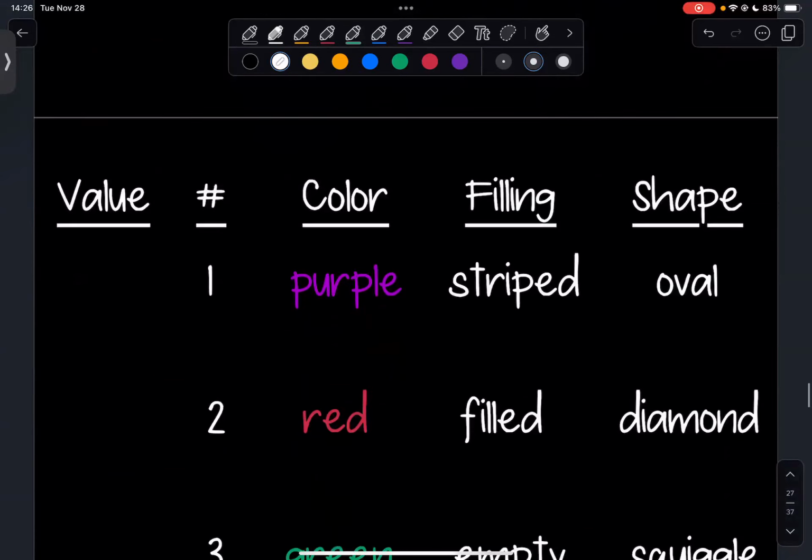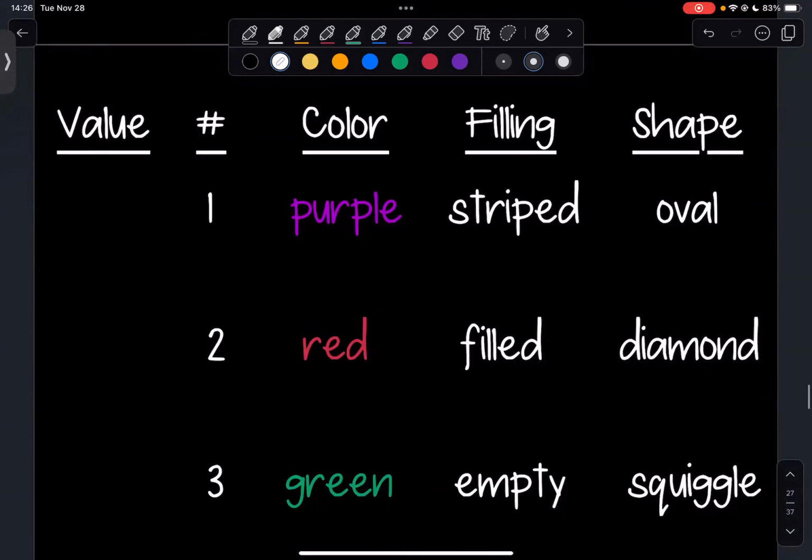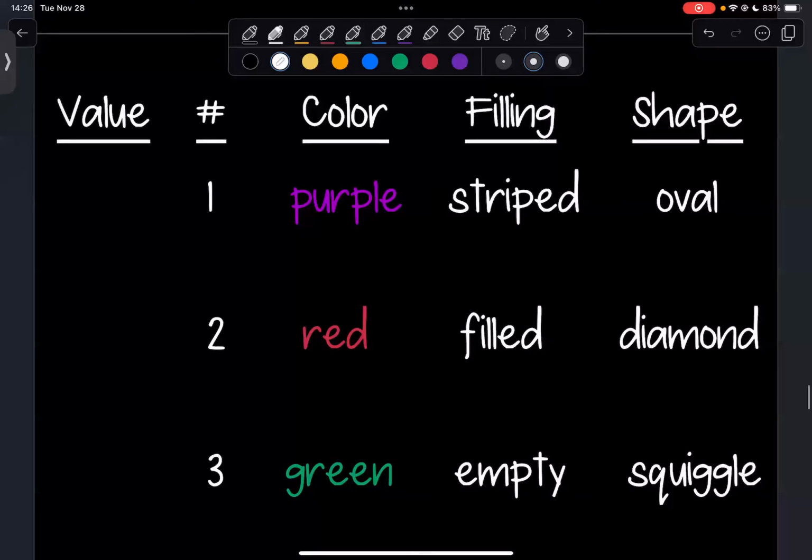Okay, so this is a similar table that we saw earlier, but now I have an extra column where I'll tell you exactly what the value is for that attribute. Since I want to use 0, 1, and 2, I'm going to have the numbers match up a little bit nicer here. So the value for 1 is going to be 1, the value for 2 is going to be 2, and because I want 0, 1, or 2, the value for 3 is going to be 0. And really, all our rows are going to have the same value.